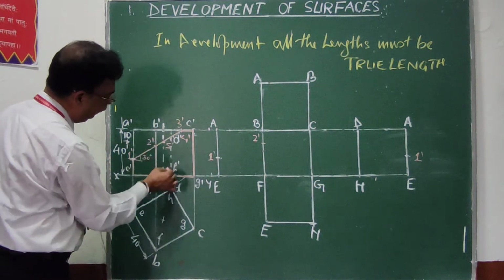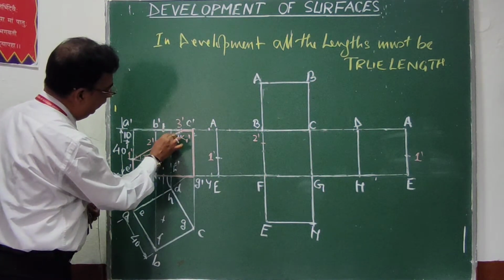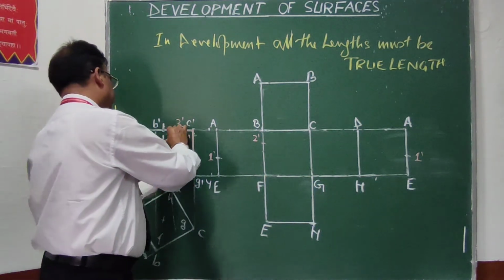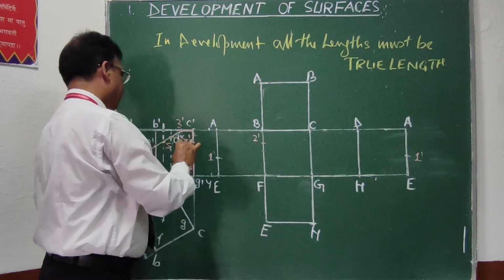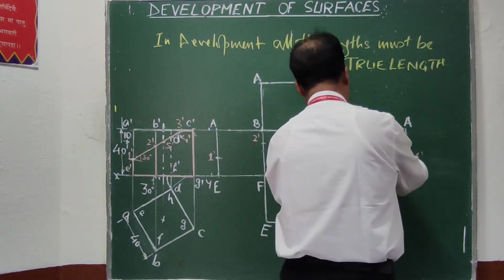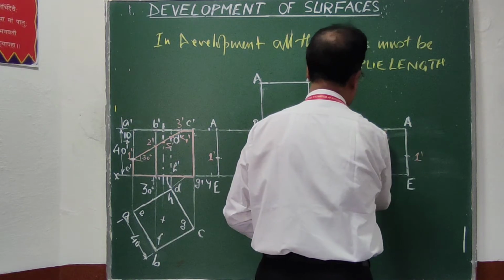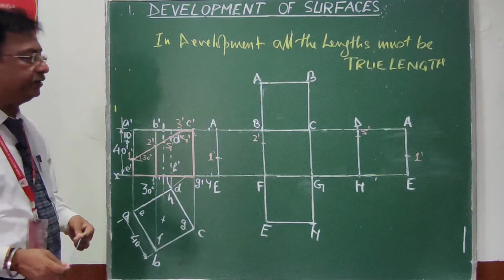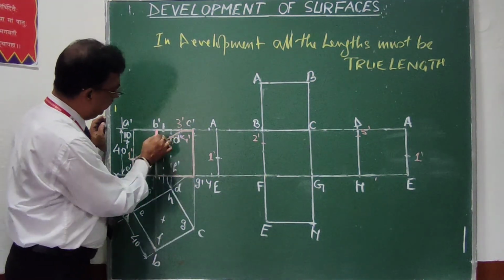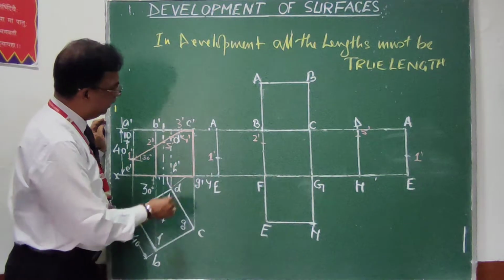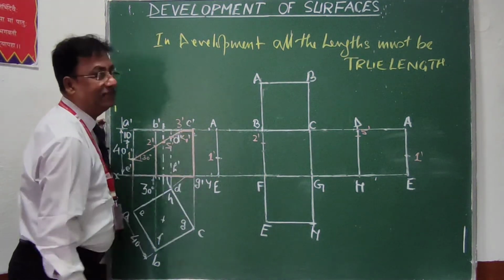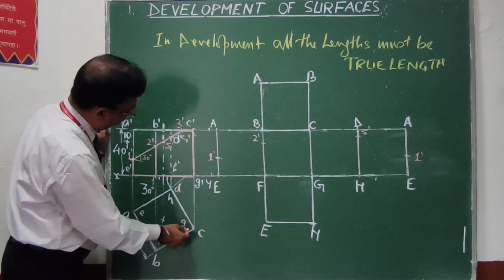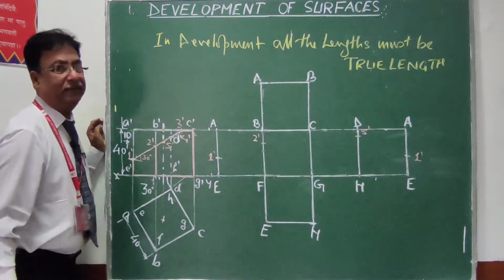Same way this 5 dash point, that will be on the line DH. So on this point I will pick this distance from the bottom, that will be on the DH, that is 5 dash. Now the 2 points are remaining, that is 3 dash and 4 dash. If you look at the figure, this 3 dash will be on the line B dash C dash, and this 4 dash will be on the line C dash D dash. Those two lines, if you look in the top view, this BC and CD, both are inclined lines.